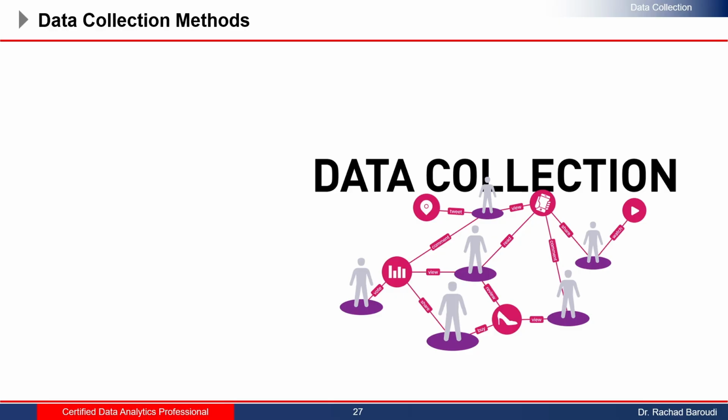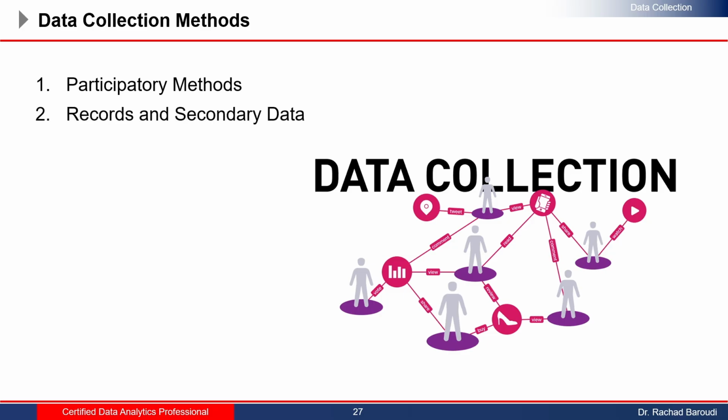Let's go further into the data collection method, and we have 8 main ones, and within each one we have categories as well. We will check them later on. So the first one is participatory methods. This is when you have these meetings, you have engagement, you're doing a lot of efforts, sometimes on an individual basis. Number two is record and secondary data, and this is less expensive and it's less tiring because